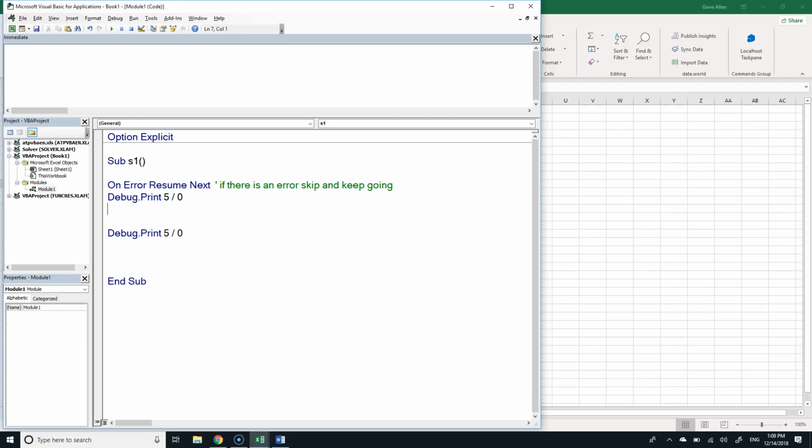I'm going to put the comment in first because the comment makes a lot more sense than the line of code. If there is an error hereafter, so from this point on, from here, behave in the normal way.